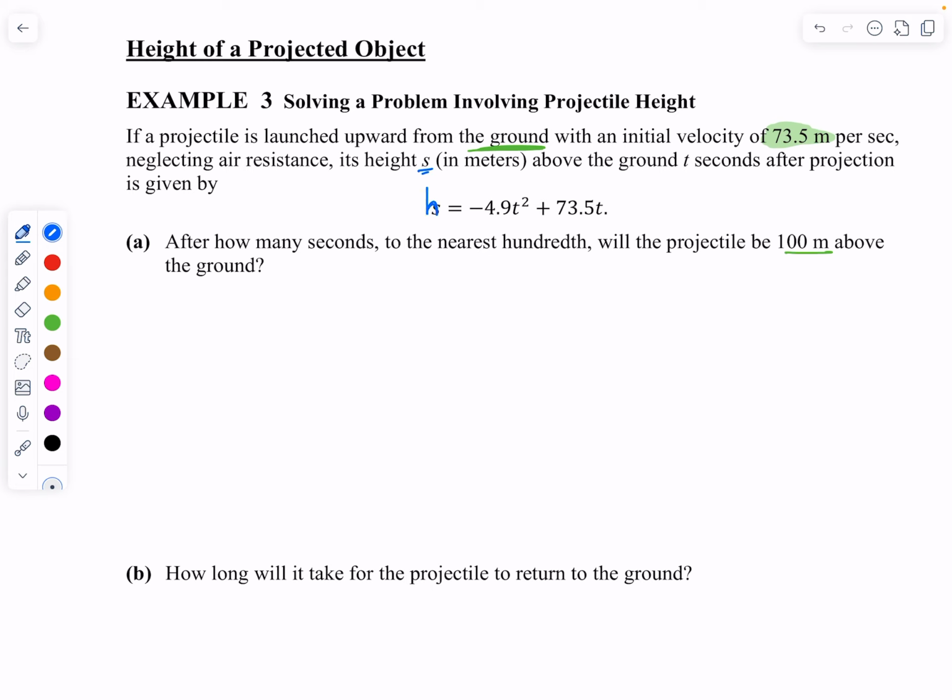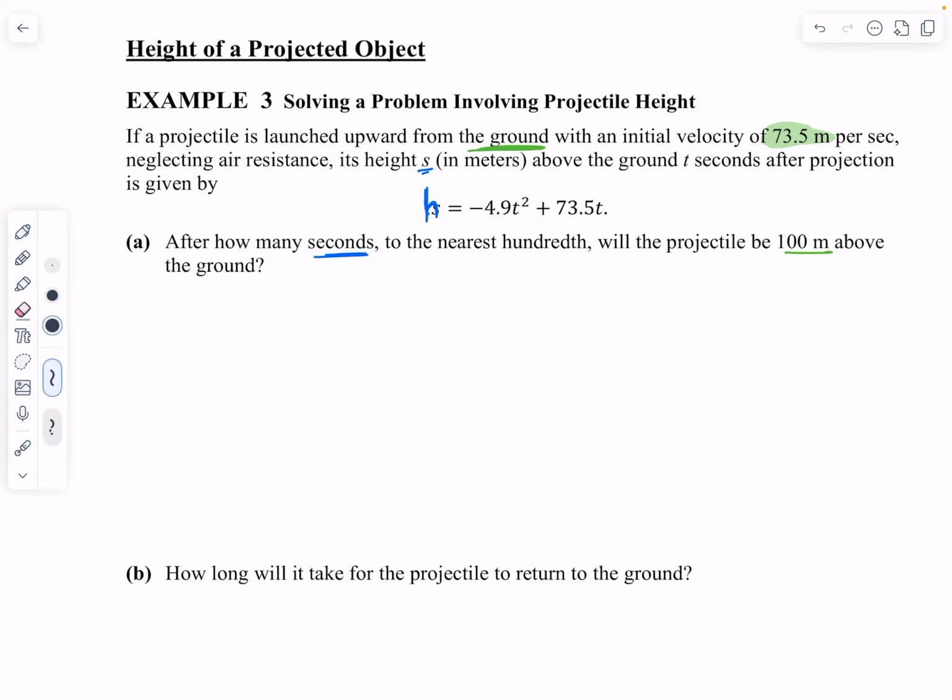If you don't mind, I'm going to change that to an H because that makes more sense to me. So if I put the time, let's say 2 seconds after I launch it, if I throw 2 in there and I crank it out, do plug and chug, that'll tell me the height of that ball or whatever it is after 2 seconds. They're wanting to know the height, they're wanting to know how many seconds. So they're wanting to know the time